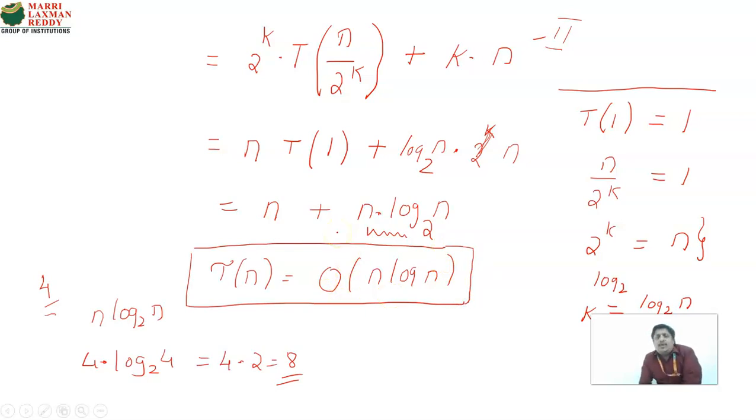So how do we do the back substitution method? For any given question, we find the value on the right-hand side and apply it back to the given equation. Similarly, for all the possible values of T(n) or T(n/2), it can be anything, we add that value back to the given equation in order to find the solution. Thank you so much.